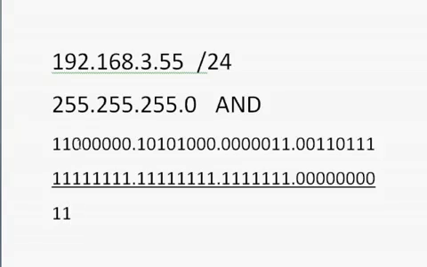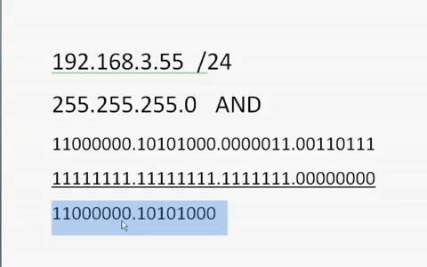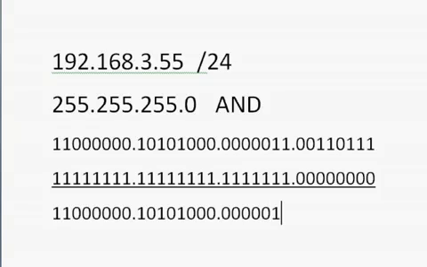Okay, and then you'll see here that on the next octet, a true and a true makes a true, and a false and a true, and a false and a true, false, false, false. So that's 192, 168, and then we get to the next octet, and we've got the same logic happening here. Okay, and so far we find out that what we have in decimal form is 192.168.3,